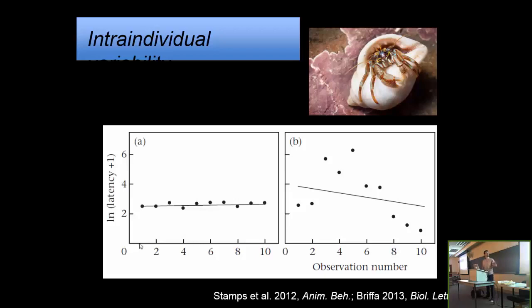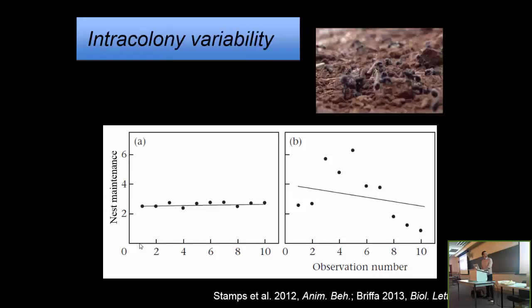And in fact, a follow-up study found that to be the case, that when horseshoe crabs were tested in the presence of a predation cue, they found individuals to be more variable in that behavior, suggesting that not only is this a consistent aspect of an individual's behavioral phenotype, but also showing that it can have a functional outcome, functional benefit. So what I actually want to look into right here is intra-colony variability.